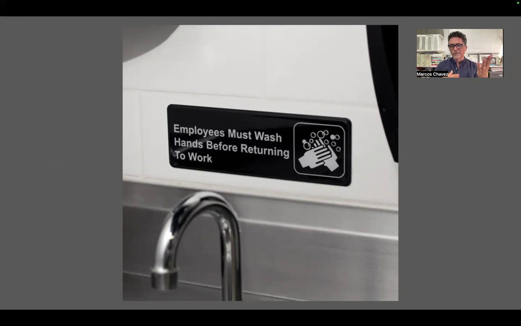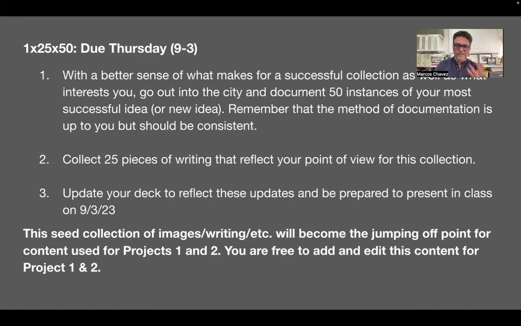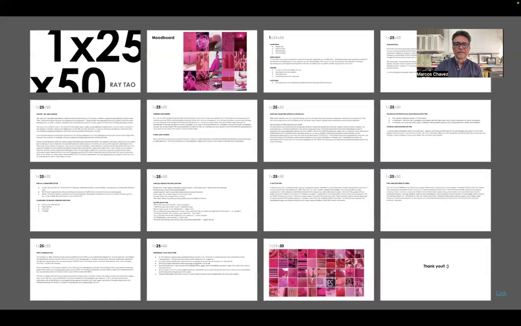So I have told you to wash your hands, and whether you do it or not, well, no one's going to check. You don't have to follow the spirit of the law. I'm not going to count. Are there 25 pieces of text that you have there? It's basically saying gather a lot and get a lot of images, and do what it takes to be able to have yourself fully armed for next week or week after next, when we're going to start the design process for your pieces. All right.